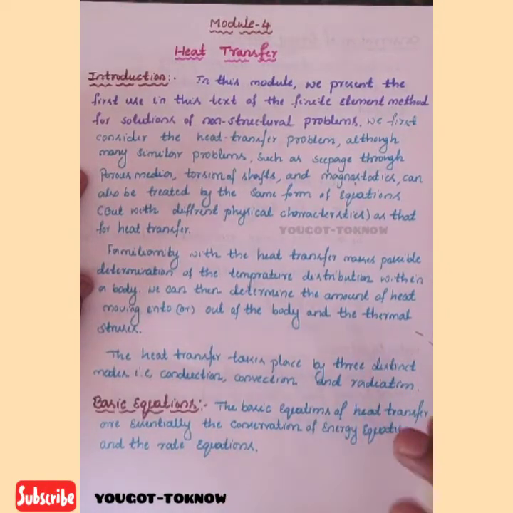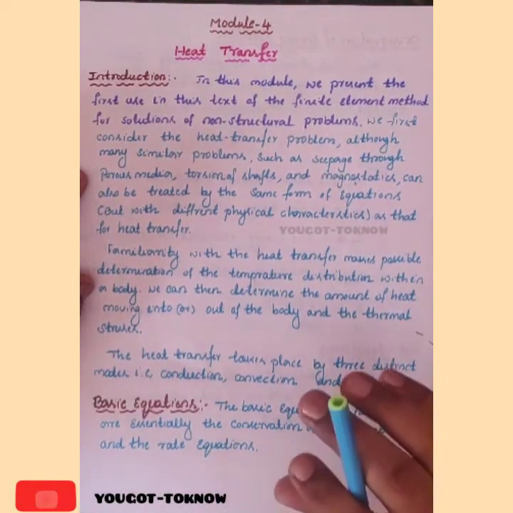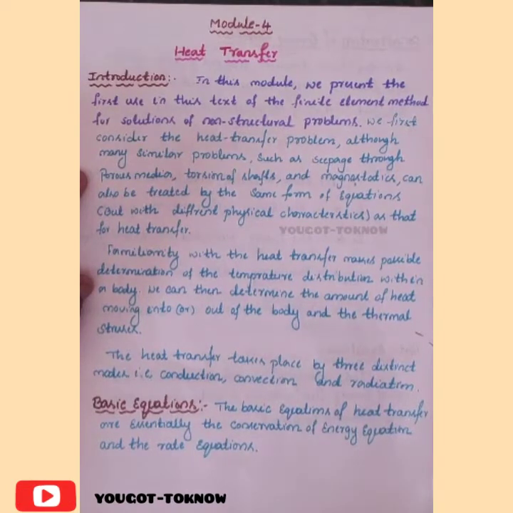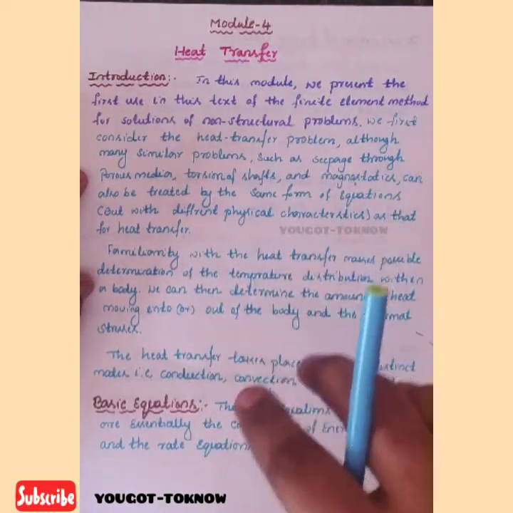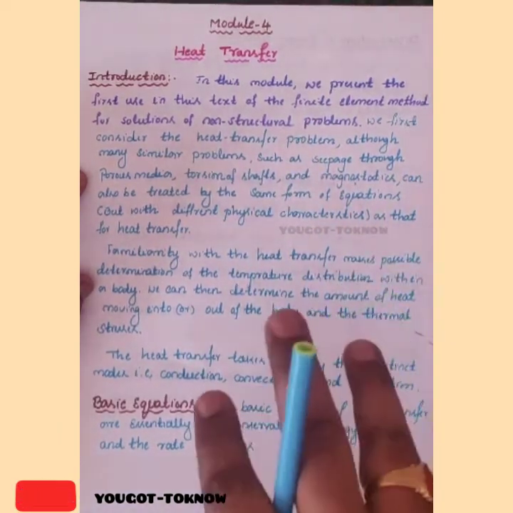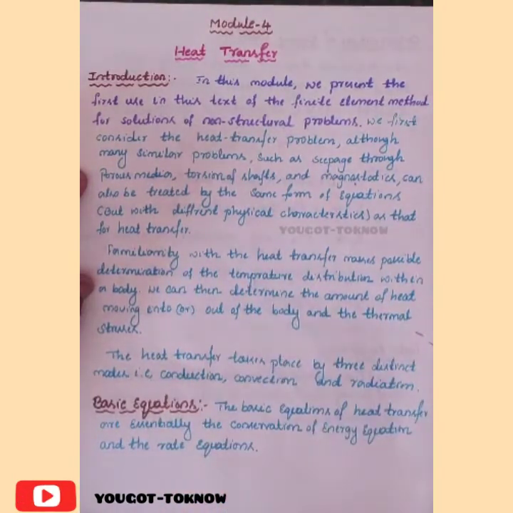Also, the basic idea you should have in heat transfer is to know the three basic modes of heat transfer. What are the three modes of heat transfer? They are conduction, convection and radiation. Today I am going to discuss briefly what is meant by conduction, convection and radiation. I am not going to discuss any derivation today. Briefly I am going to discuss this. Now, what are the basic equations?